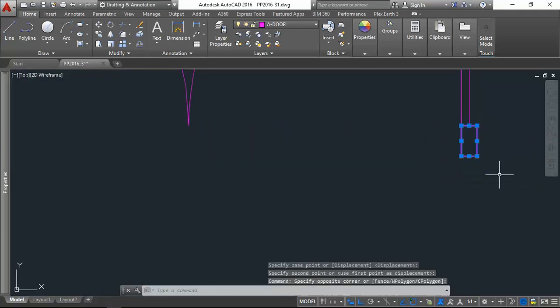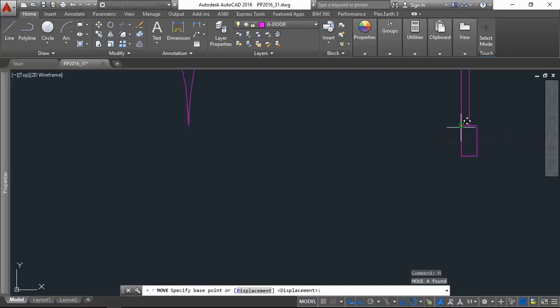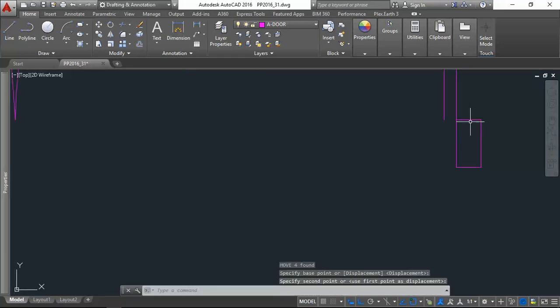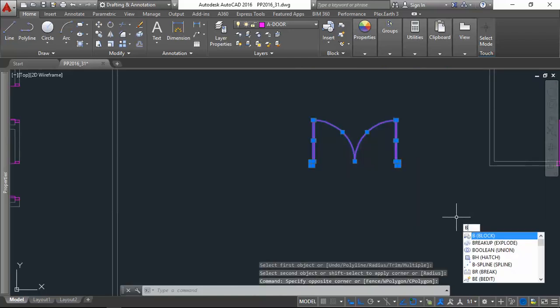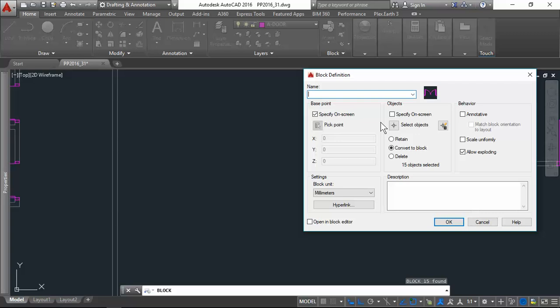Oops. Create this as a block, type B. We call it D1, I think. Yeah, 1800 millimeter wide